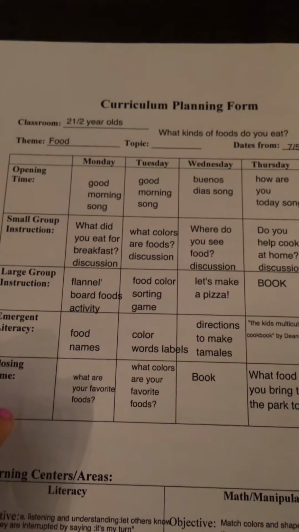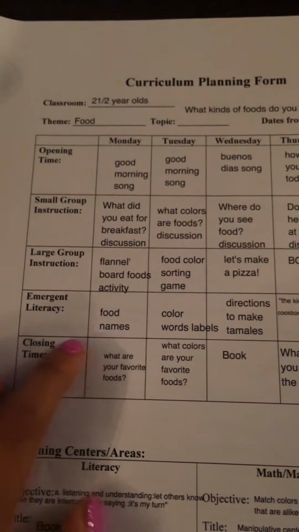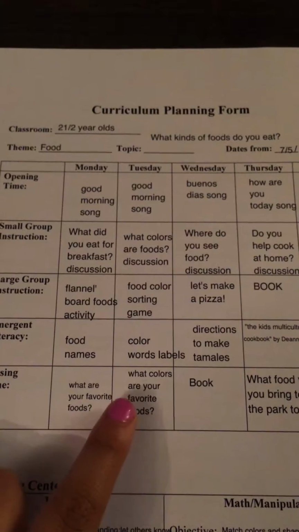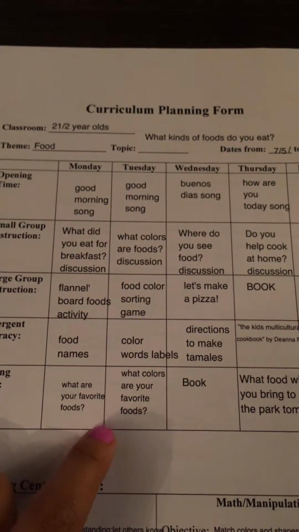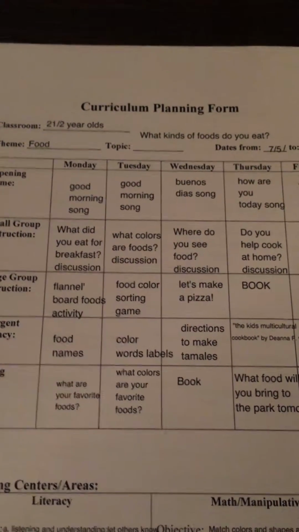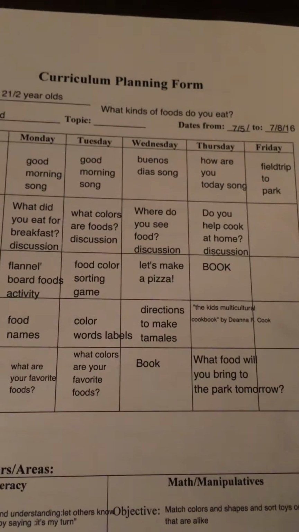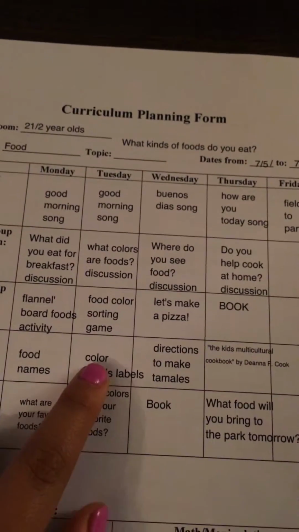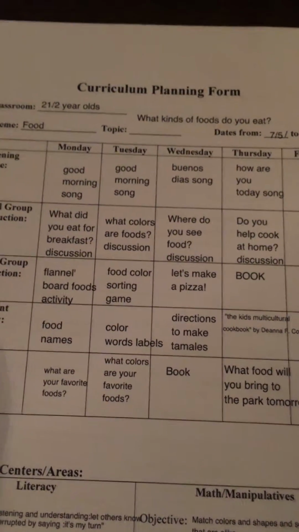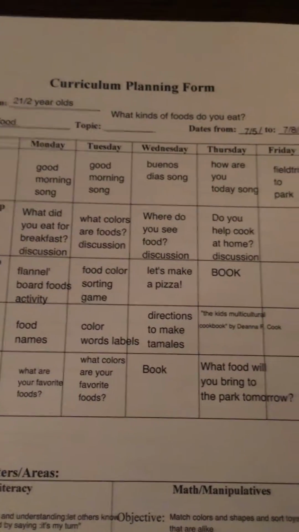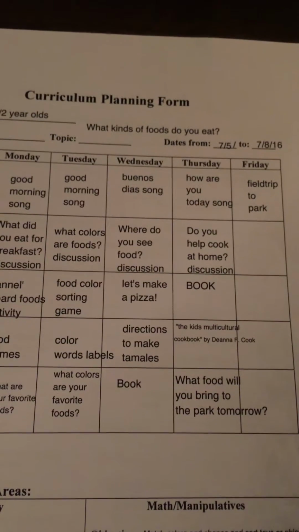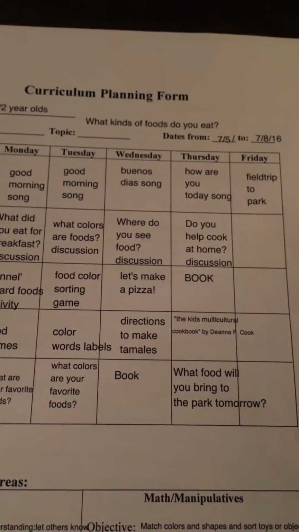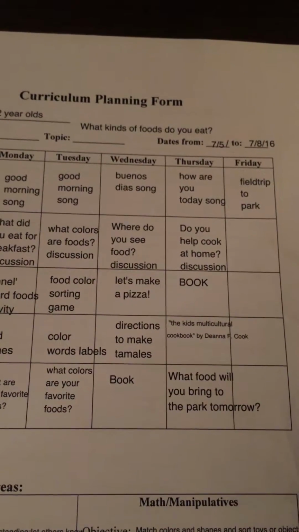For emergent literacy, I had names of foods. There would be labels, color labels as well. And then on Wednesday, there would be directions on how to make certain foods that we can look over. And just the environmental print on some of the pretend play toys that they have in the Dramatic Play Center. Thursday, we would have that special book that goes with the flannel story, which is called The Kids Multicultural Cookbook